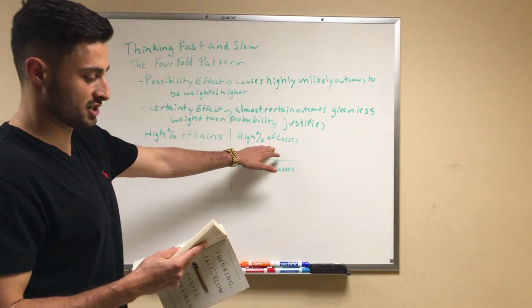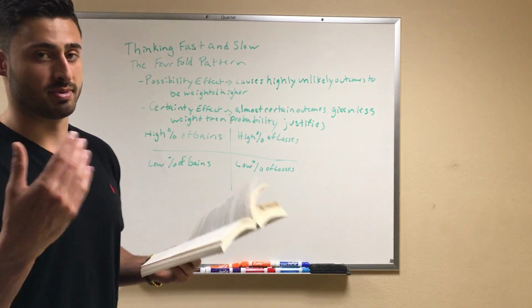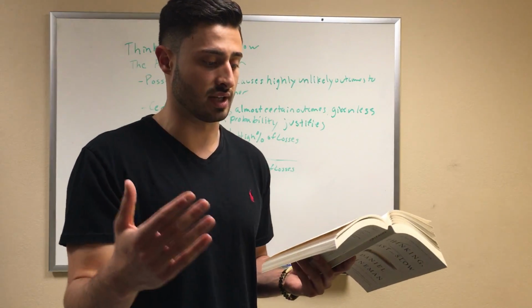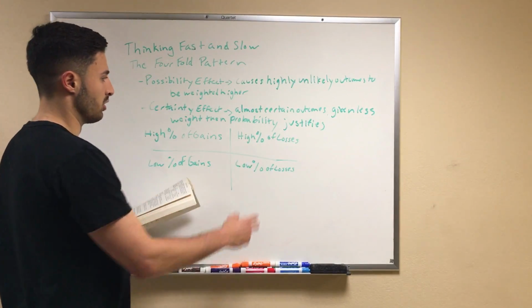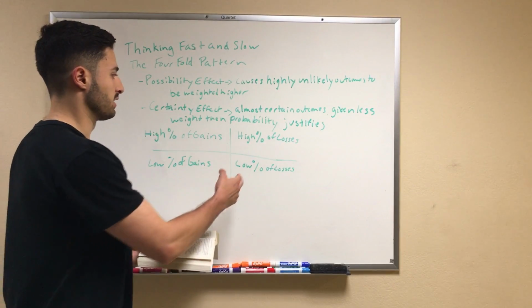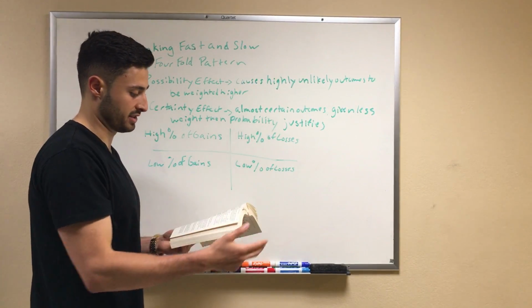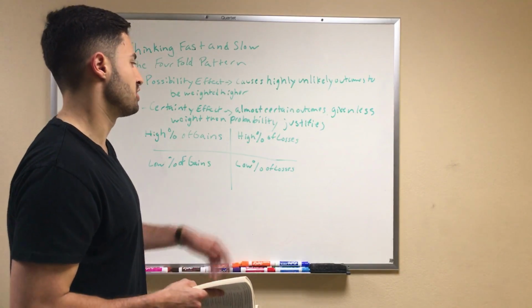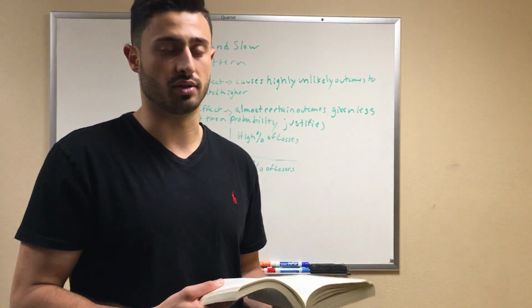Then we have a high percentage of losses, which is the same thing as the certainty effect. So the opposite here is a 95% chance of losing $10,000. You hope to avoid the loss happening, so you're seeking risk at this point. You're trying to make it so you get into that 5%. So you end up rejecting maybe a more favorable deal that you could get.